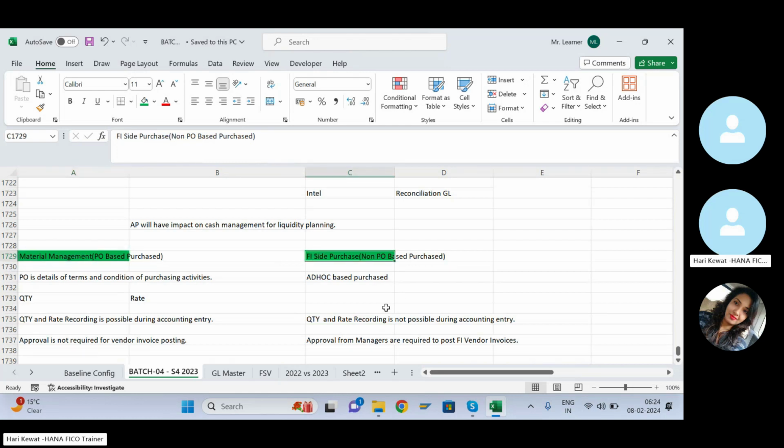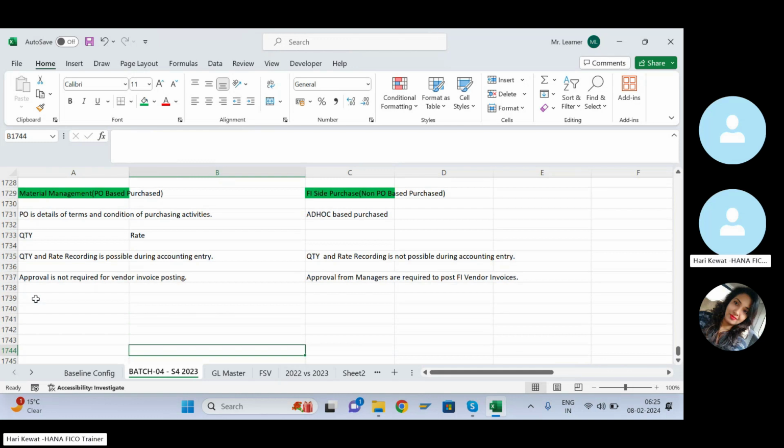In FI based purchases, only your amount will show. It will not show the quantity. Quantity times rate equals your amount, and that shows on the material management side. Here, no quantity and rate, directly the amount. Okay, if you purchase 10 quantity at 50 rupees, 500 will show directly as the amount. It will not show quantity and rate. But if you purchase from the material management side, then you can see the quantity, the rate, and the amount also. Okay, once you are clear with this one, then